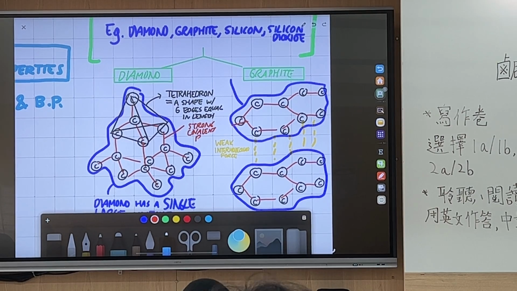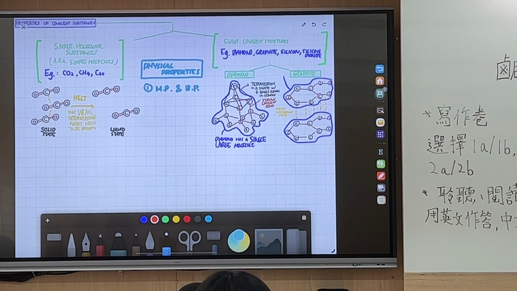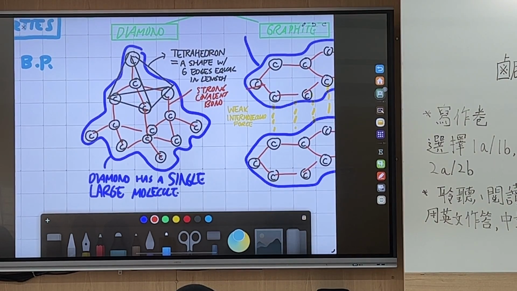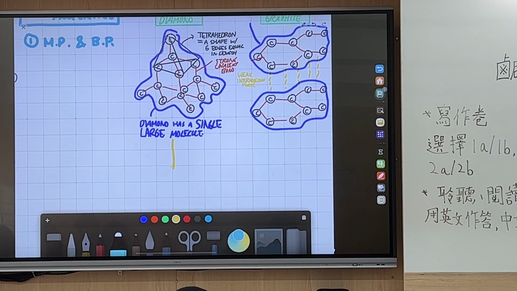But then, when we melt diamond, what do we need to do? We will need to use a lot of heat. Okay, because to melt it, there's only one way, right? Is to chop these strong bonds. Okay, cleave these strong bonds, and it will take a lot of energy. So can you put that when you melt diamond, you have no choice but